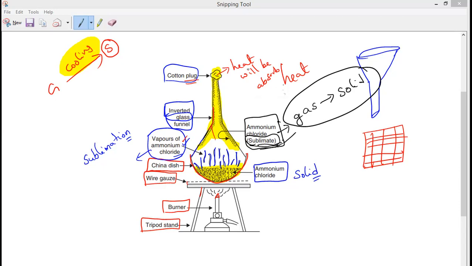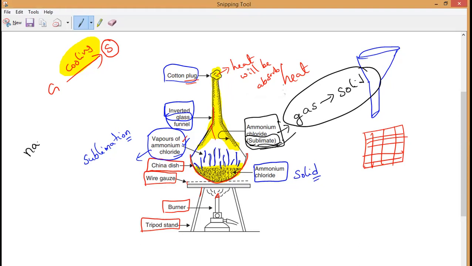So we use naphthalene balls, even nowadays in so many houses. For what purpose? To protect clothes from the attack of moths as well as other insects. It is to prevent damage by cockroaches, especially to woolen and silk clothes. So we use naphthalene balls to protect from moths and insects. In class 8 you studied this, class 6th and all. Natural fibers are attacked by moths. Do you remember, guys?